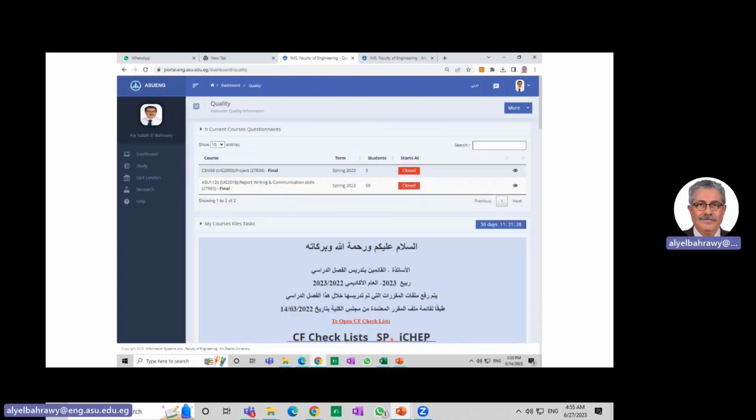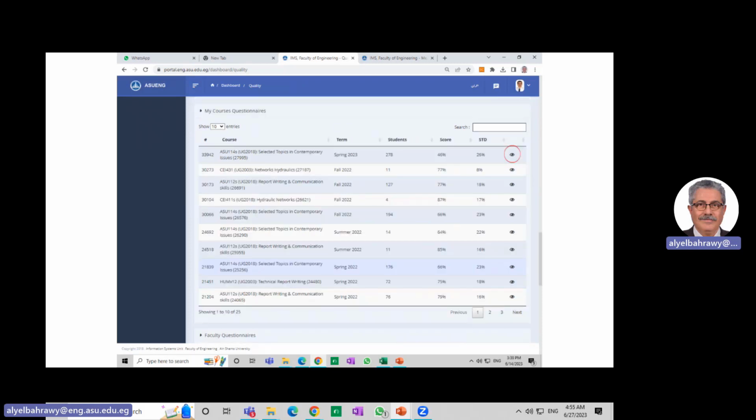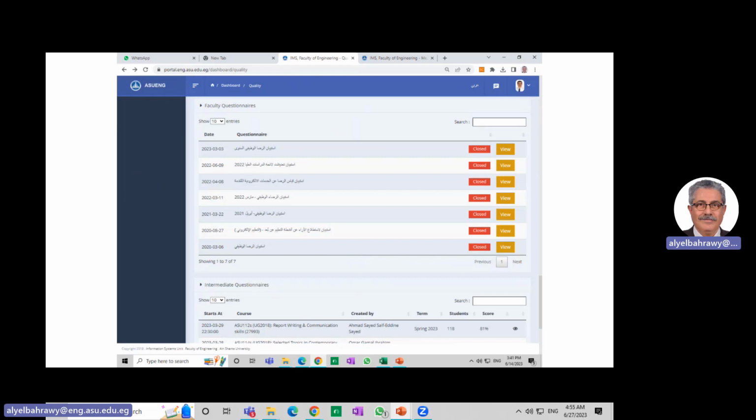This is the quality screen, and then I choose my course, ASU 114S. I click the I here, and then I get the questionnaire, my course questionnaire, and this is the response of the students to the questionnaire. And this is a different questionnaire, but this is for